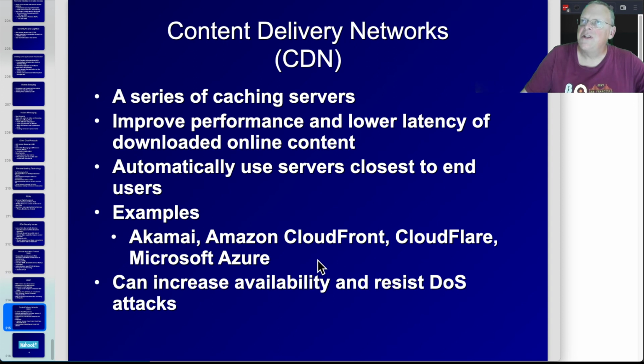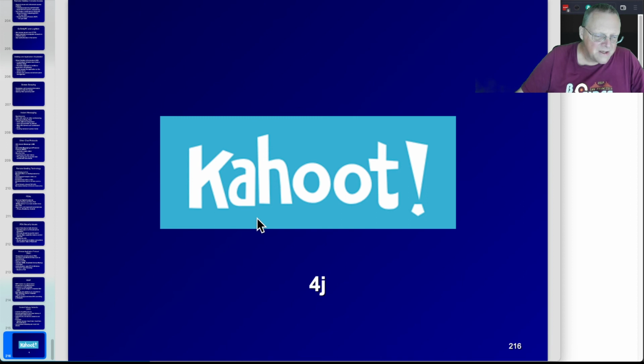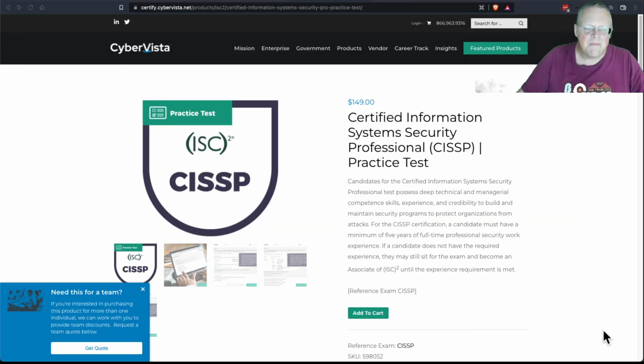Almost everybody's using these. When you connect to any big website like Google or Amazon or Microsoft, you're not connecting directly to their home base. You're connecting to a copy of that page on a local server near you. Same thing is true of my website. I use Cloudflare. So when you go to my website, you're in fact looking at a copy of it stored near you. All right. 4J is the last one,